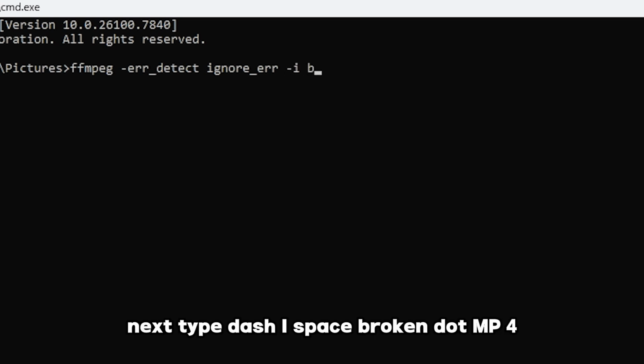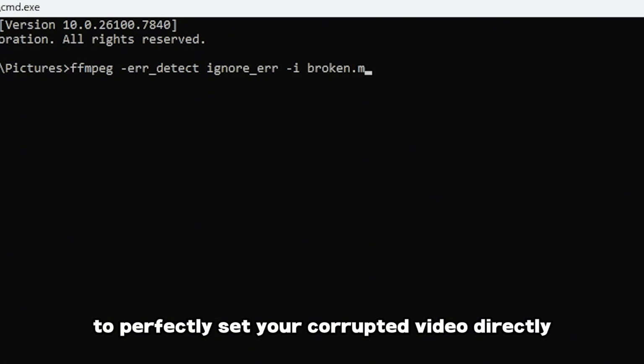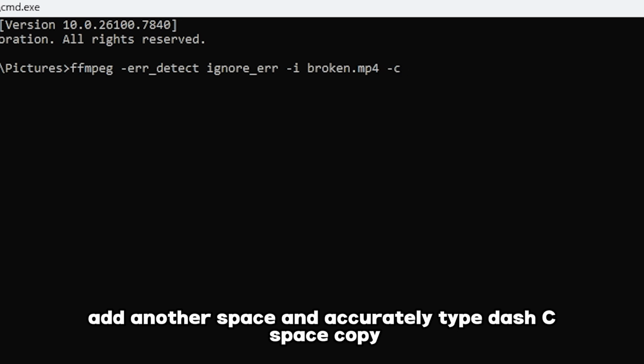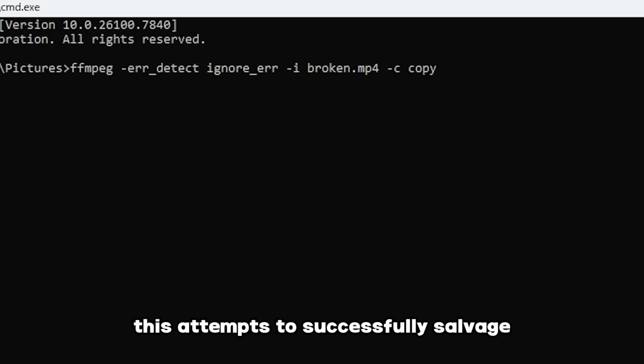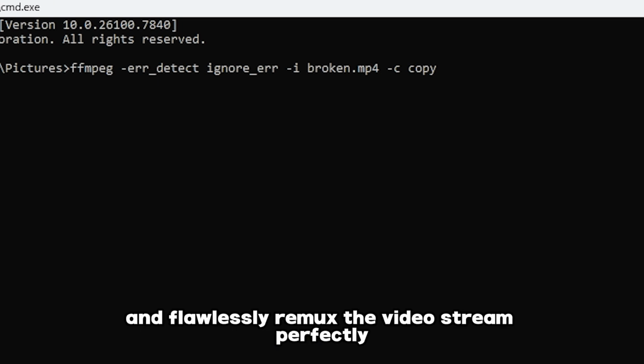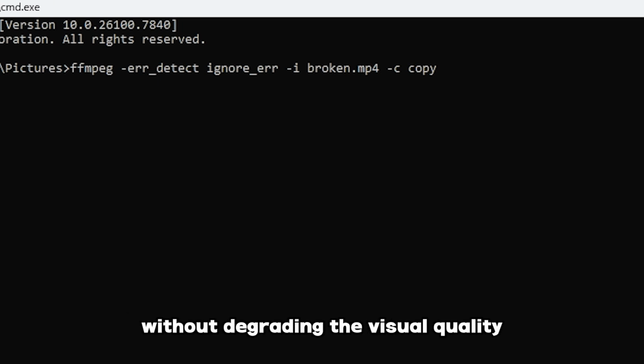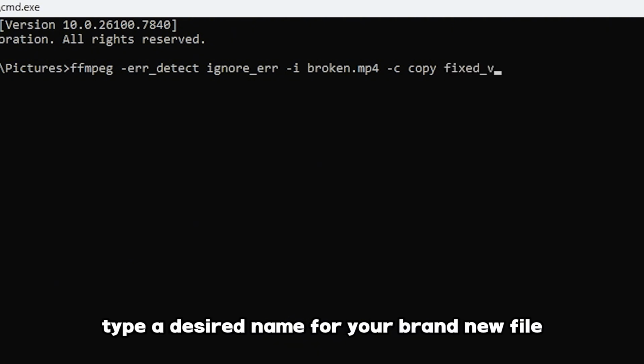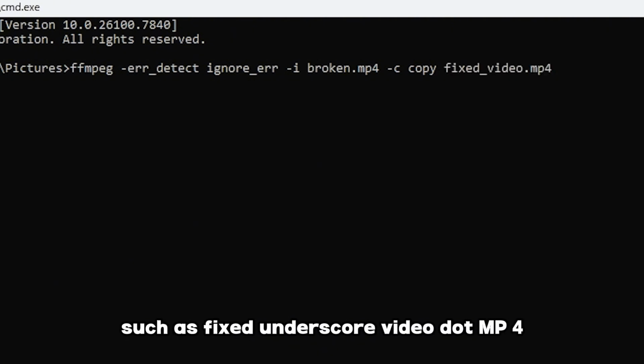Next, type -i broken.mp4 to set your corrupted video as the main input source. Add another space and type -c copy. This attempts to salvage and remux the video stream without degrading the visual quality through slow re-encoding. Finally, add one last space and type a desired name for your new file, such as fixed_video.mp4